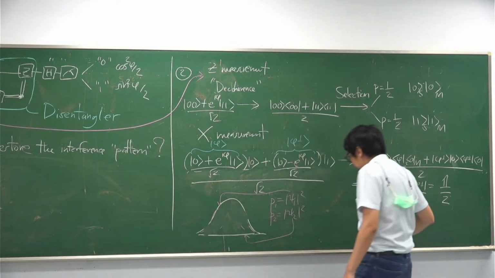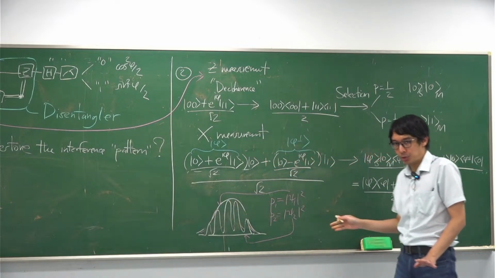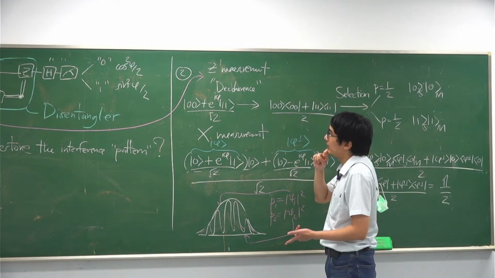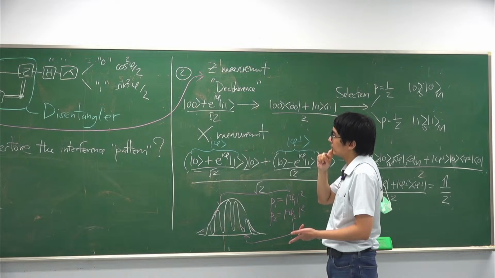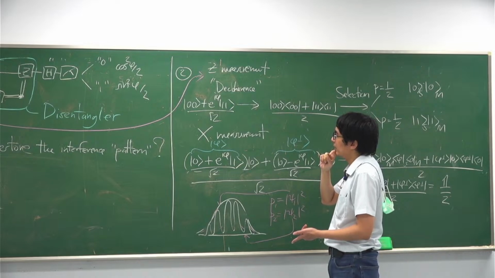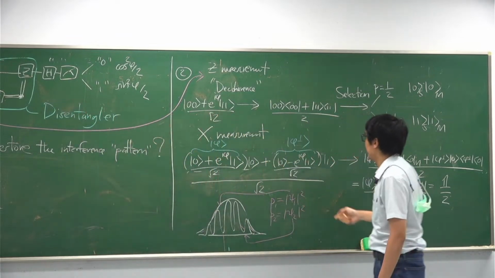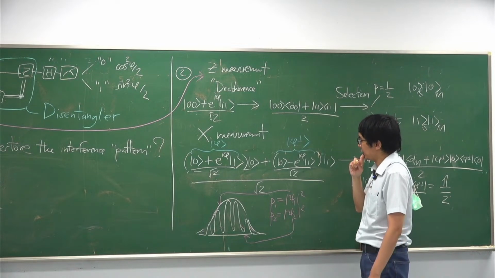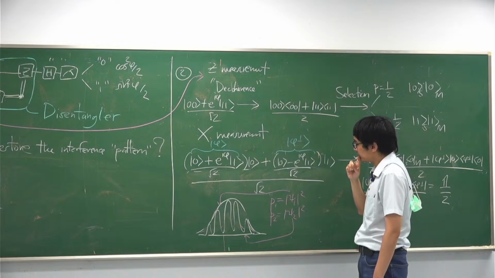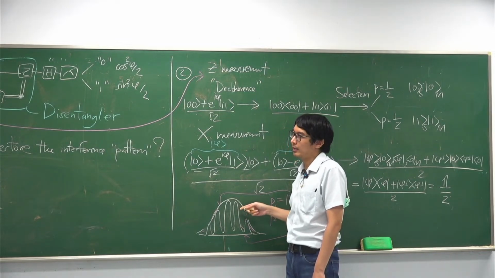And implicitly, this lump kind of contains an interference pattern here. It's just that you don't see it. But now, if you make the measurement of the second qubit afterward, and then you pick out, well, let's see how to do this. In reality, what you see over time is not quite